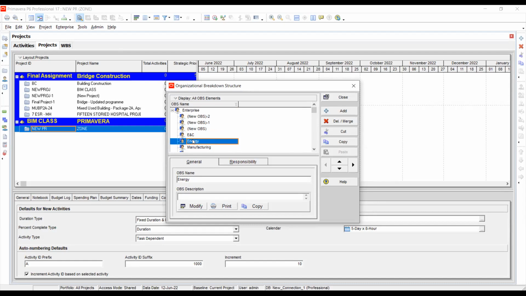So what we have to do now: if I click this add button, a number of sub OBS will start. For example, if I need to see this as zone 1, I can go and type this as